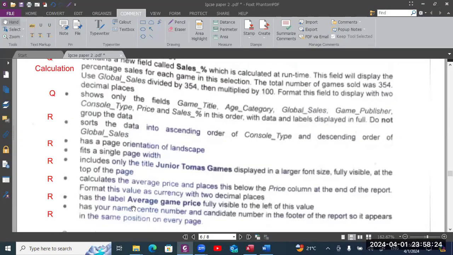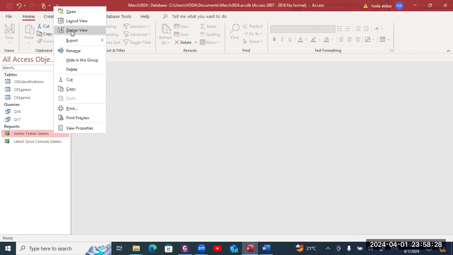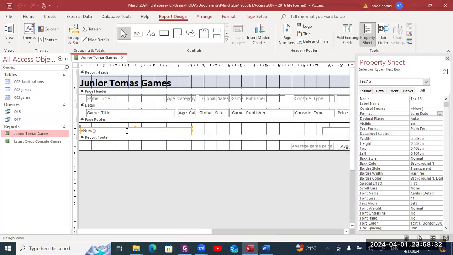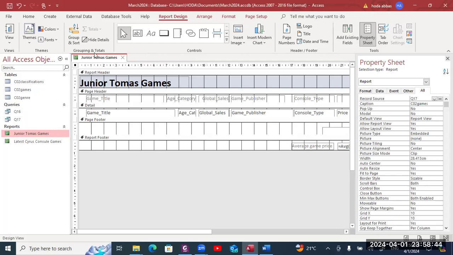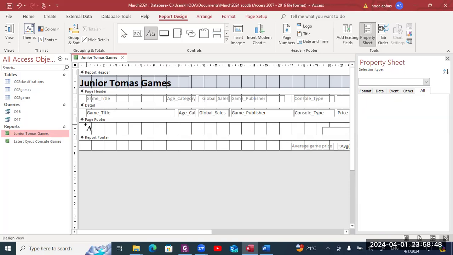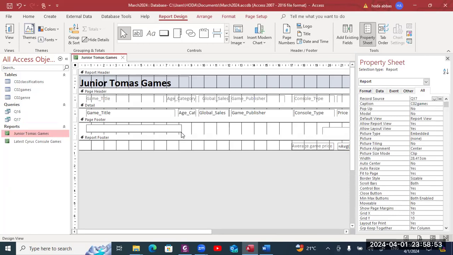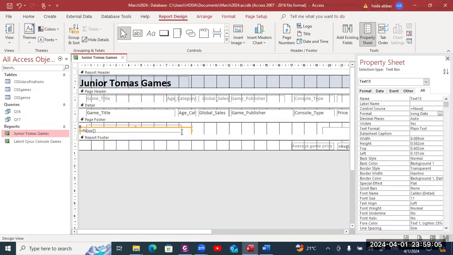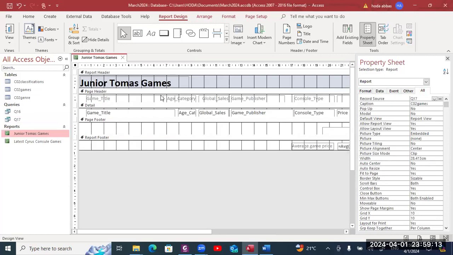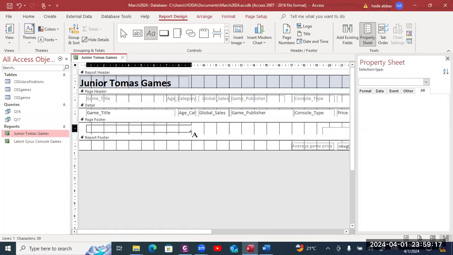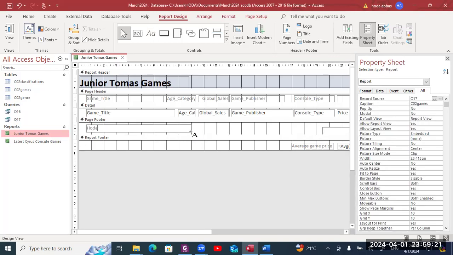And then he said it has your name, center number, and candidate number. Go to the design view, as we said before. If he doesn't ask me about the date, something like this, I will remove it and I will select the label to create my details. The page footer. In the page footer,